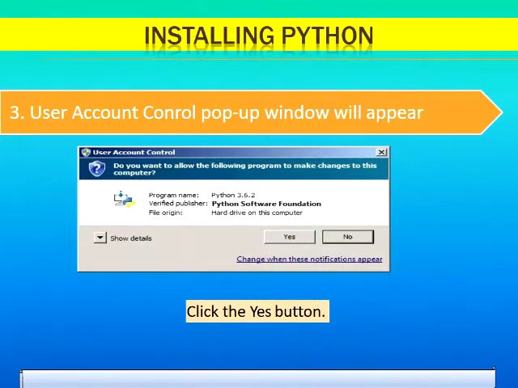Now it will ask whether you want to allow the following program to make changes to your computer, that is, whether it should be installed in your system or not. So we need to click on the yes button as we want it to get installed in our system.